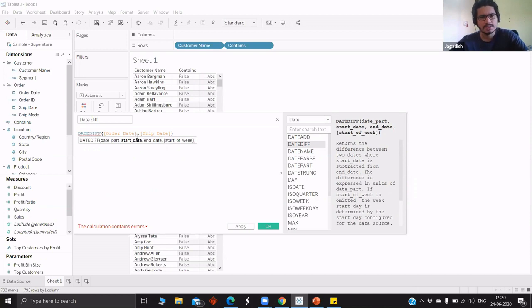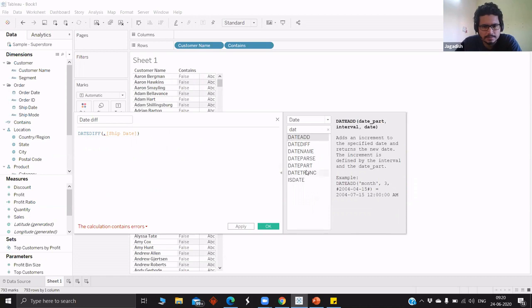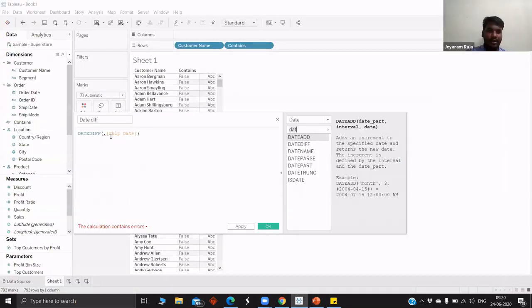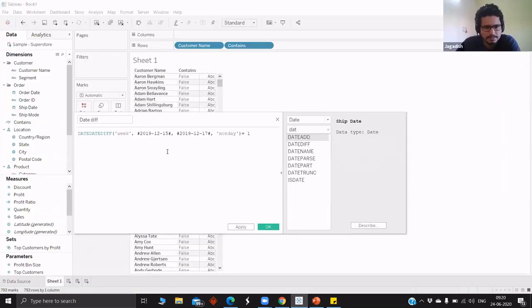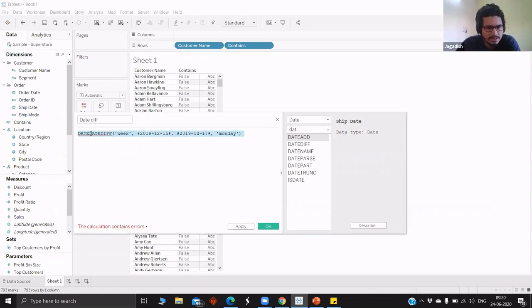Try using a date number instead of giving the field. Just put some random number. Just copy and paste whatever the hashtag numbers are in the presentation, or else the formula given in the example, and paste it in Tableau on the right side. I think we can't copy, so I'll go with the presentation. Just remove that equal to. So try and okay, do that.